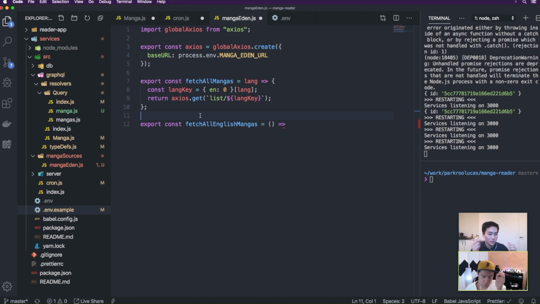It has a fetch all mangas function, right? Assuming the syntax here, and then we might have a second API. We'll call it, I don't know, second Manga API, right? On our second Manga API, we'd also have fetch all mangas. So they both have the same function name. But the language keys that it could take in could be different. Manga Eden could take in EN and IT for Italian, and the other one might have EN and JP for Japanese, or JA, I don't know. So in any case, you'd still have verbosity and